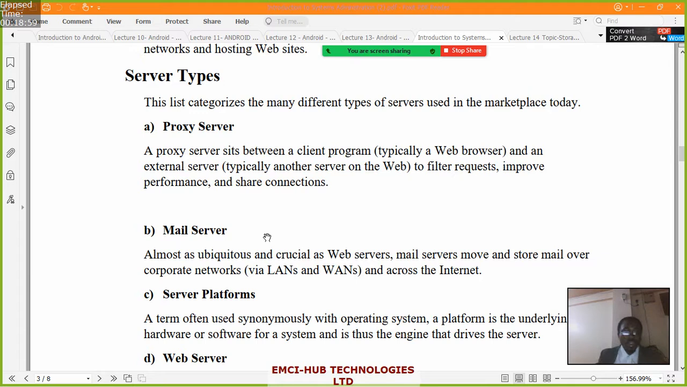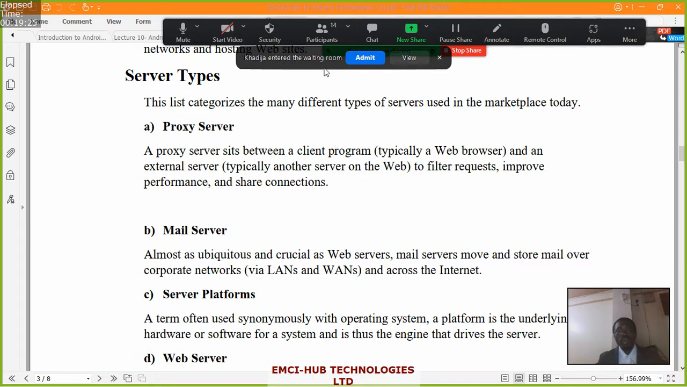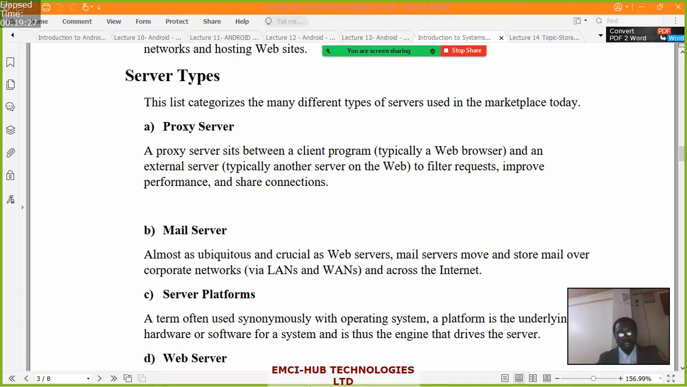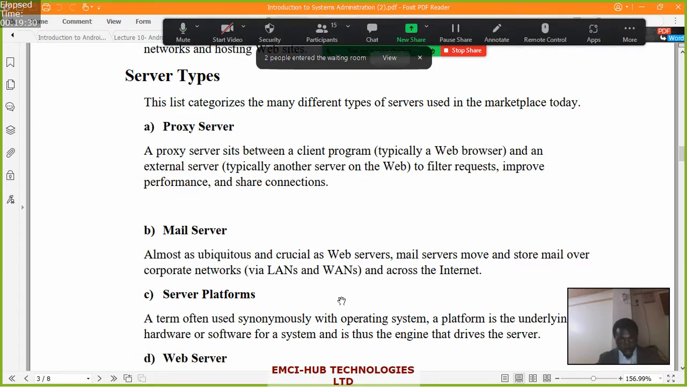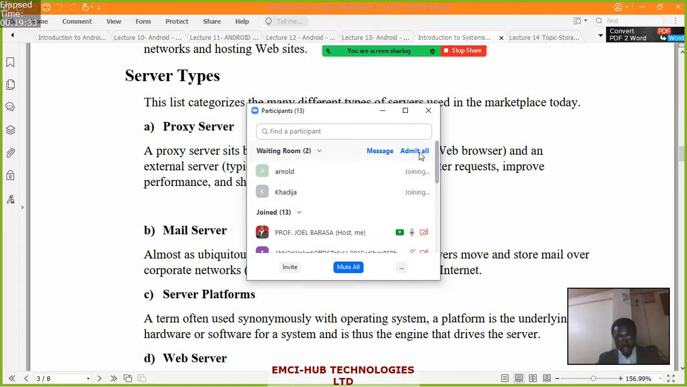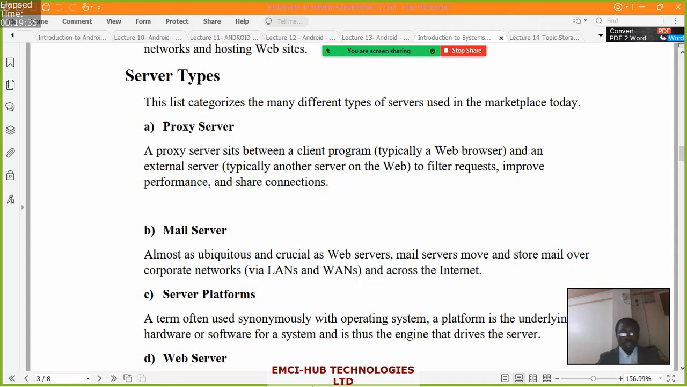We have mail servers, which are almost as ubiquitous and crucial as a web server. Mail servers move and store mail over corporate networks, such as the LANs and WANs and across the internet. For example, when you are talking about the mail chips, they are examples of the mail servers. When you are talking about the webmails, they are also examples of mail servers. Sometimes you can even link your webmail with your